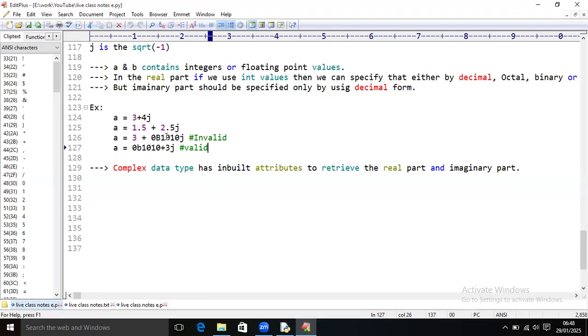Which format is this? It is in binary format. 0b, b represents binary. Okay. Till here we have discussed in the last class. Now in today's class, we are going to discuss